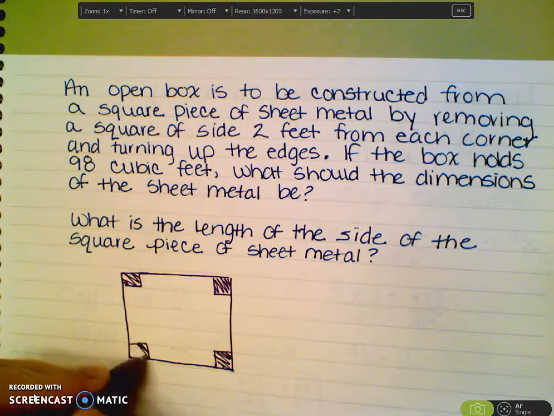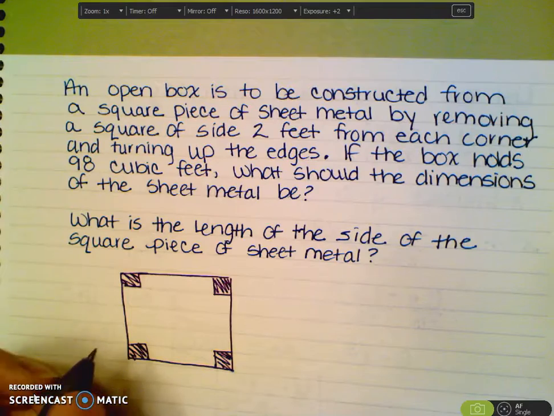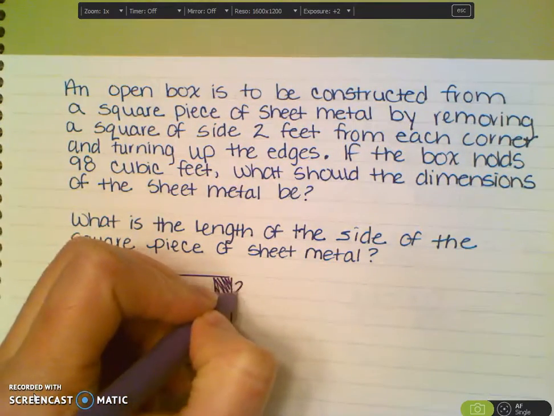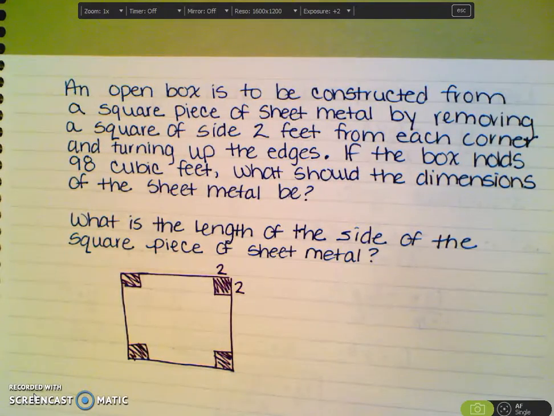So this piece right here is 2, this is 2, and the other thing we're told is that